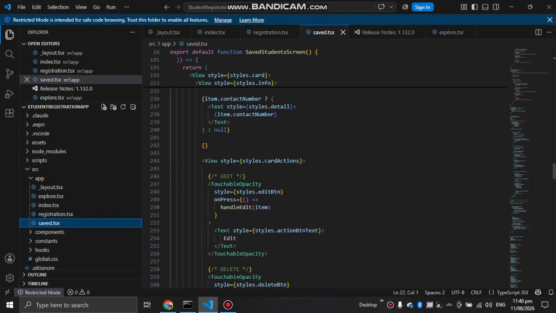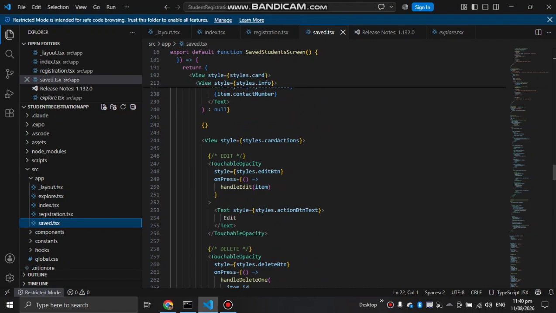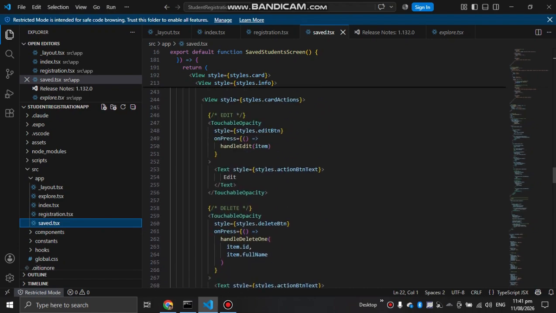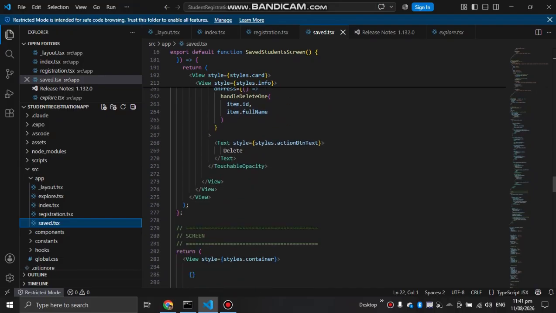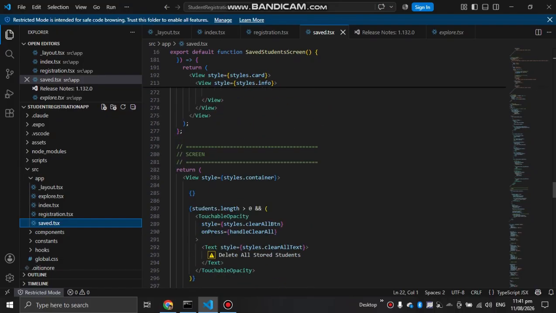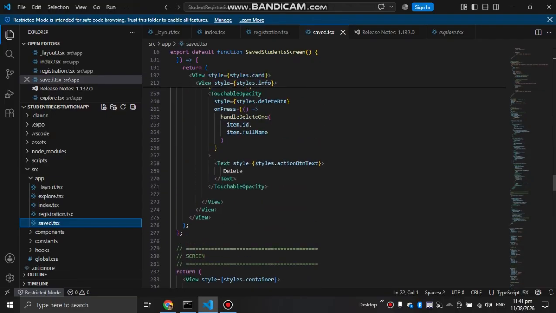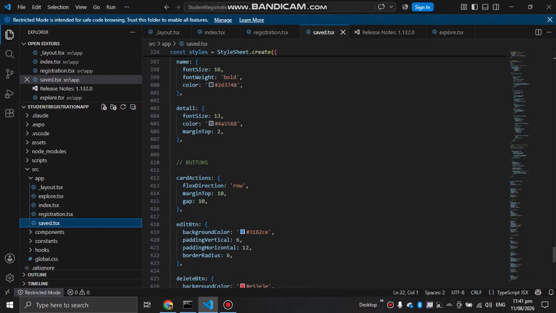We can also edit the students, and once edited, it automatically updates the new version of the student. And if we delete, it will automatically delete and will not display anymore, and so on and so forth.